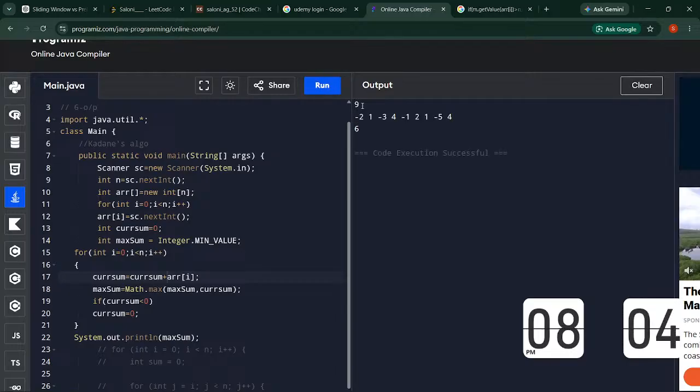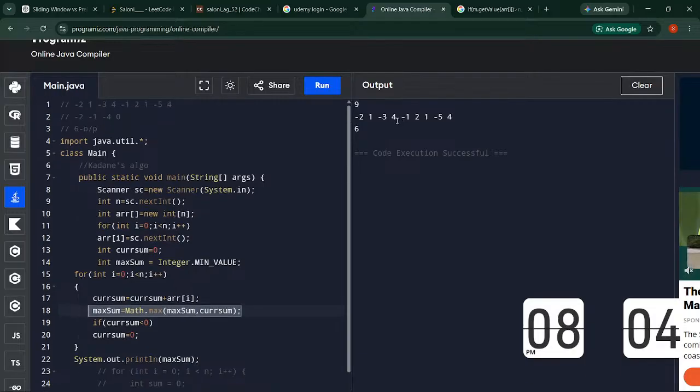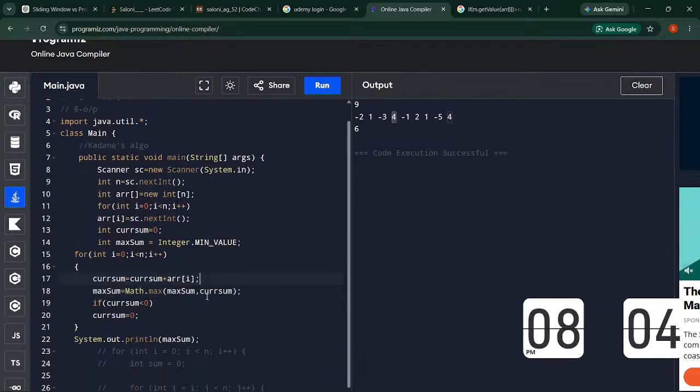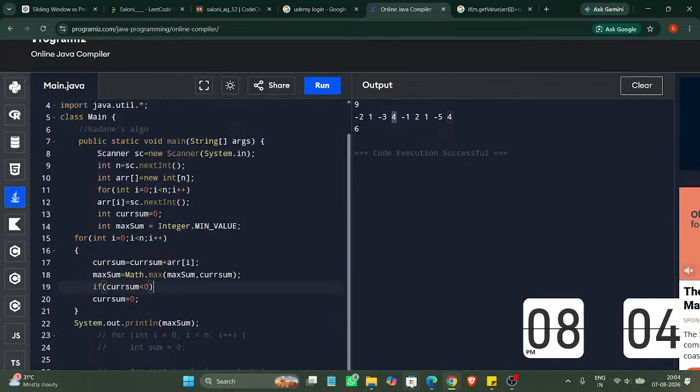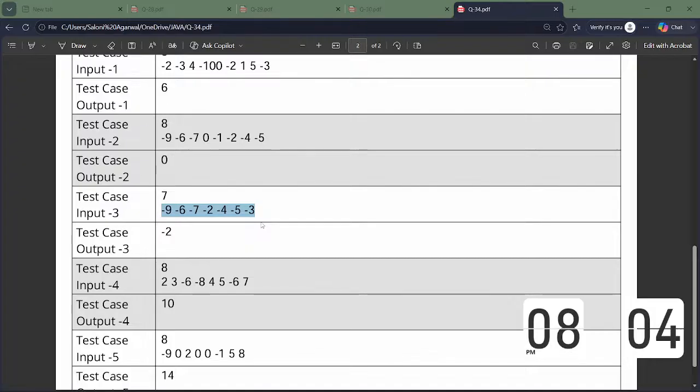हाँ आई वाज राइट। करंट सम में आई ऐड करना था, क्योंकि हमें सब एरे चाहिए ना कि मैक्सिमम एलिमेंट निकालना है, क्योंकि इससे तो हमें मैक्सिमम एलिमेंट निकाल के दे दिया जैसे 4। फिर हमें सम चाहिए तो हमें करंट सम से ऐड करना पड़ेगा, ये हमारी कडाने अप्रोच है। ओके, वी विल बी कॉपिंग दिस सॉल्यूशन। ओके, जस्ट चेक कर लेते हैं नेगेटिव के लिए काम कर रहा है नहीं कर रहा। वी विल कॉपी दिस इनपुट, कॉपी हो जाओ।